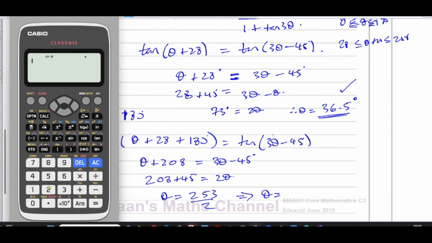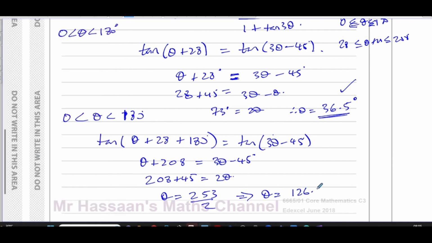Okay, so therefore theta is equal to, let's just make sure we have 180. So we have 28 plus 180 plus 45, and we divide that by 2. That gives us 126.5 degrees. That's also in our range. We could also say, I'll put this on the side here,